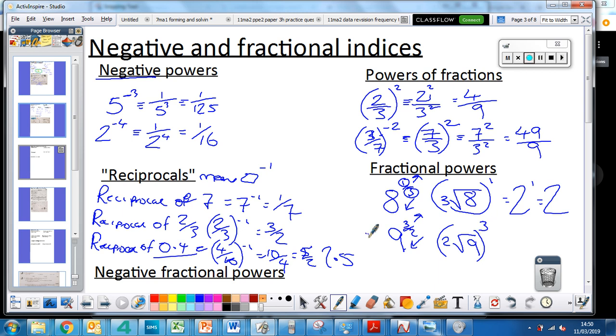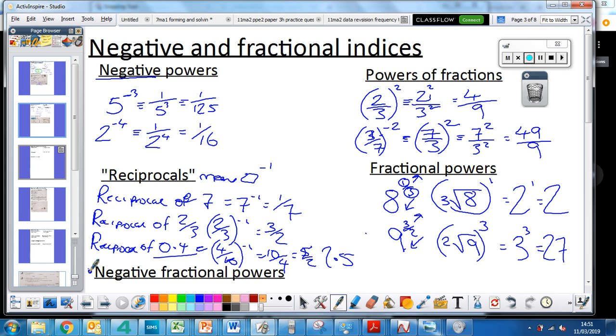We do what's inside the bracket first. The square root of 9, we know, is 3. We now need to do 3 cubed. 3 times 3 times 3, 27. And that's how our fractional powers work. The denominator comes down, the numerator goes up. And that leaves us finally in this